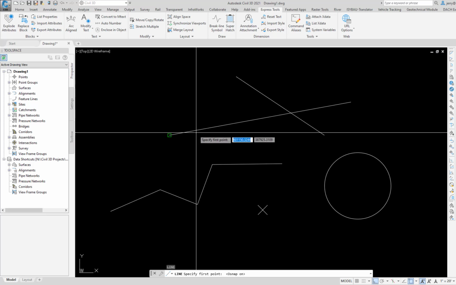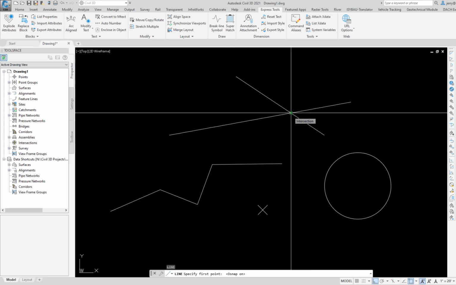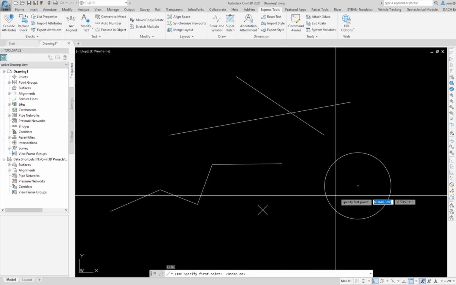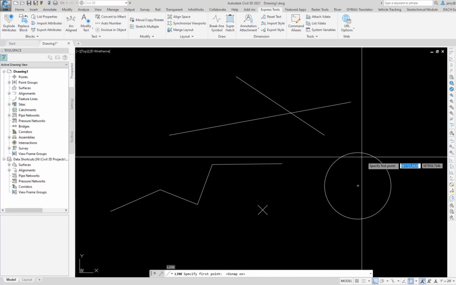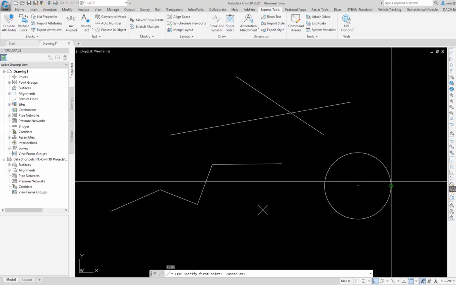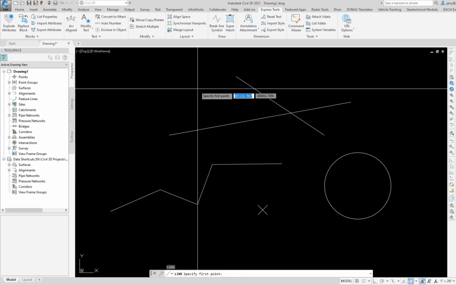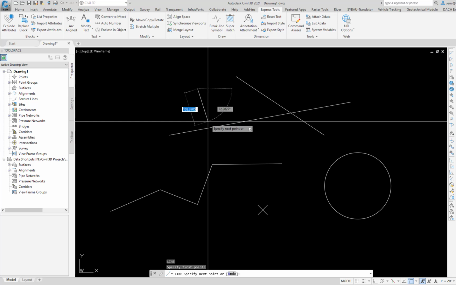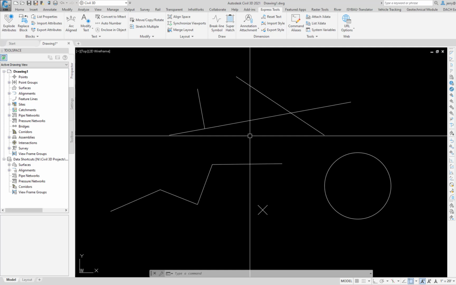The end point is highlighted. Midpoint, intersection, the node, center of a circle, or the quadrant of a circle. The quadrant is dependent upon the orientation of the user coordinate system. A perpendicular will be illustrated. Pick a point, pick a line to be perpendicular to. Escape. O snap command, OS, enter,